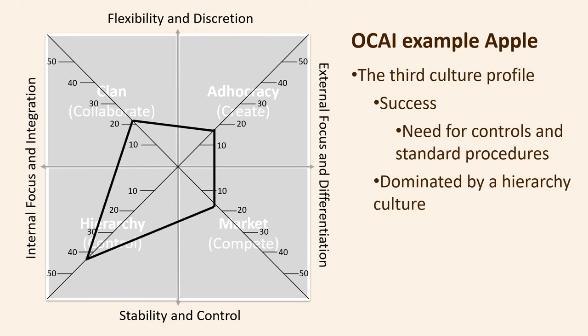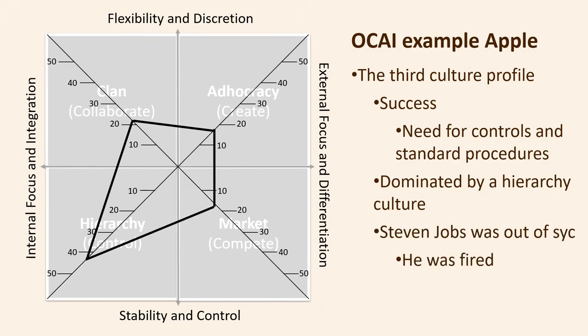The enormous success of the Apple company led it towards the third kind of culture, however. With hundreds of thousands of computers being sold, distribution channels expanding worldwide, and the emergence of a large array of highly competitive rivals, the freewheeling clan faced a need for controls and standard procedures. Policies and regulations were needed. In other words, a hierarchy orientation culture had to be developed and placed in the bottom left quadrant.